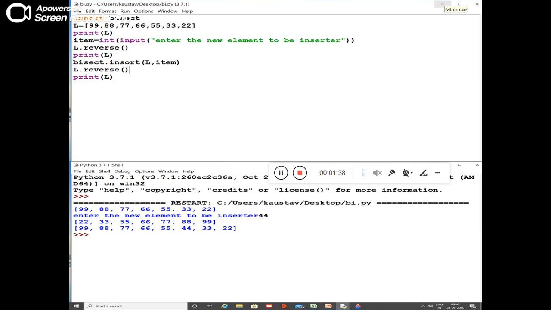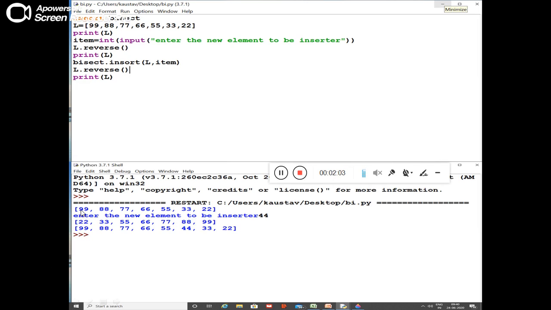I reversed that one, so it will be in ascending order, and once it is ascending, I insert the element using bisect.insert. After insertion, I once again reverse it. So it will again be in descending order and things will be in the proper way.